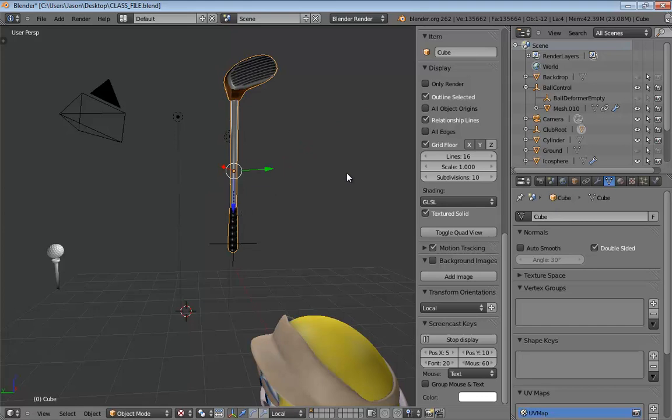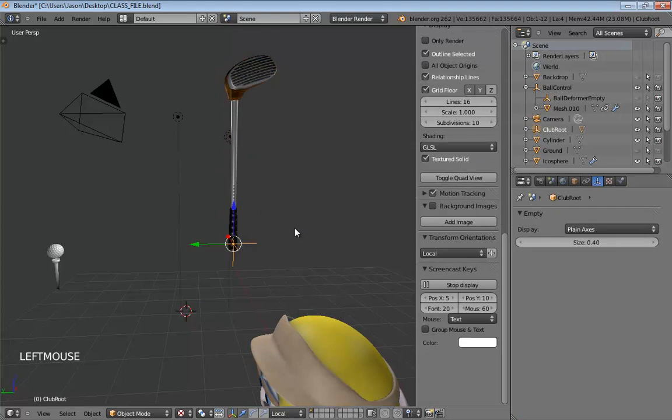And let's see, what else? So now that we've got that, we're ready. And what I was saying earlier was we're going to be using...